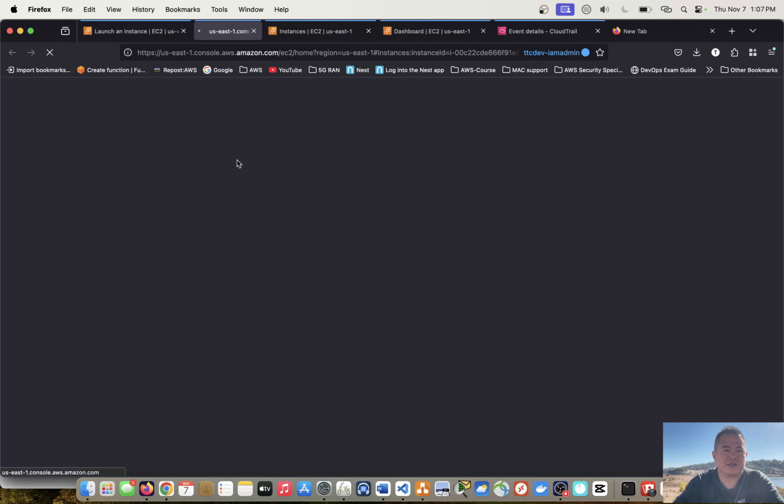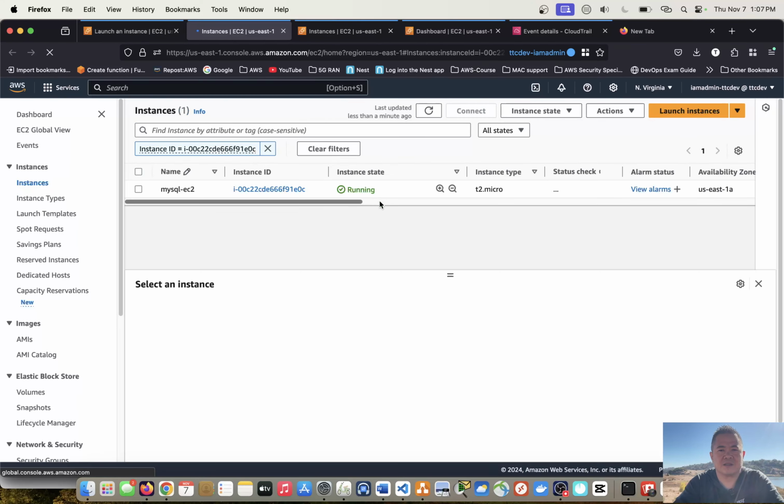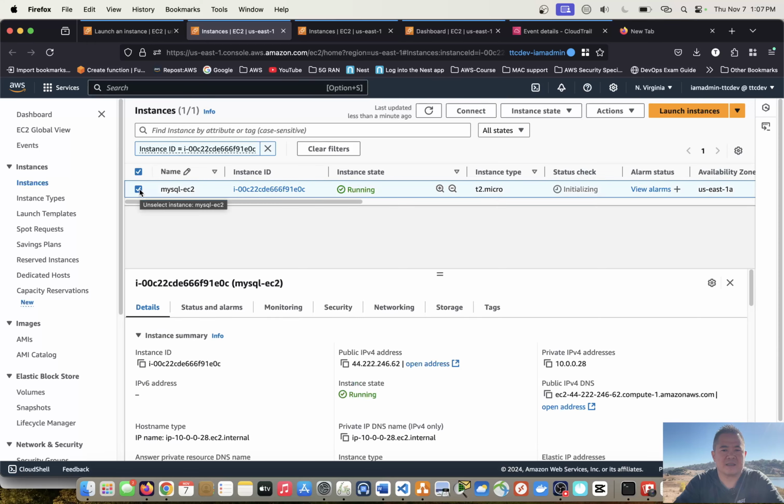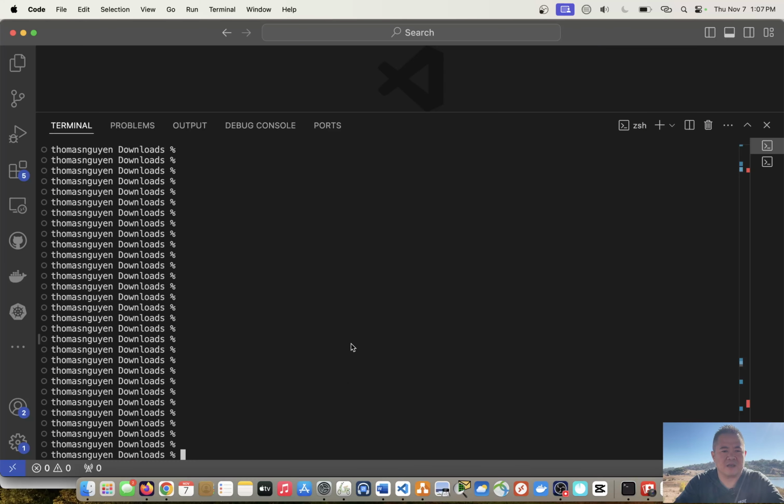All right, looks like the instance is good to go there. So now let's go ahead and see if we can SSH into it. So I'll go ahead and use my Studio Code to access the EC2 instance, but first I want to change my key pair. So we'll go chmod 400